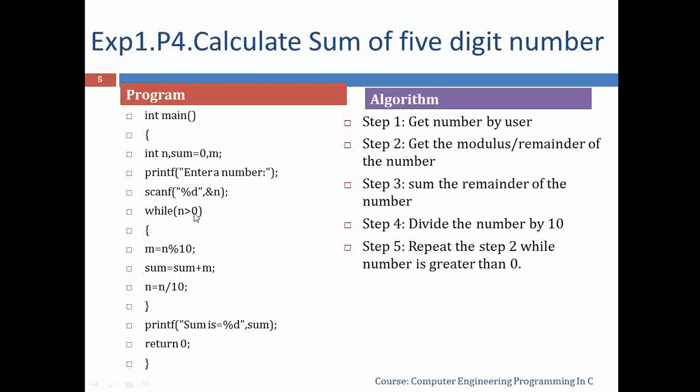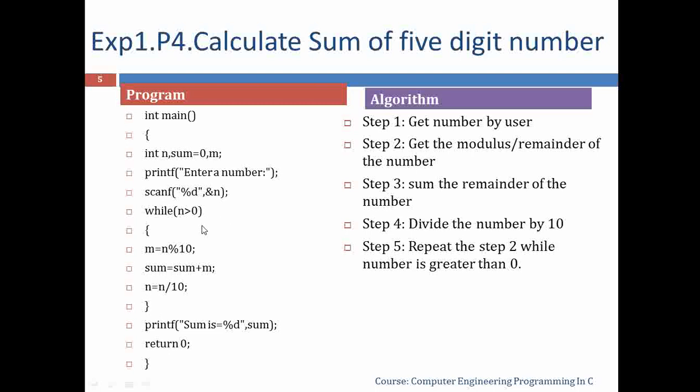And that 1 digit value we check here, n is greater than 0, yes, it is true. So n mod 10, then the last 5th remainder is obtained, and that 5th remainder is assigned to the m variable, and m is added into sum, and here we get the final sum of the 5 digit number stored into the sum,